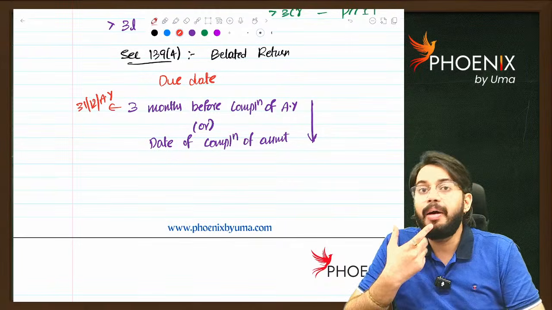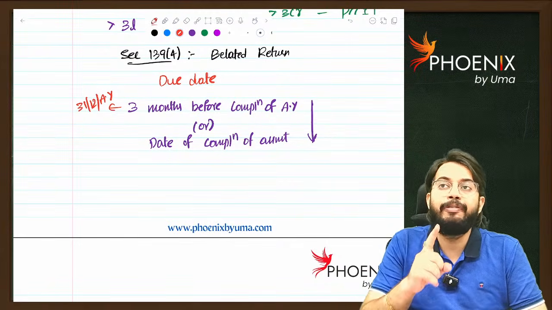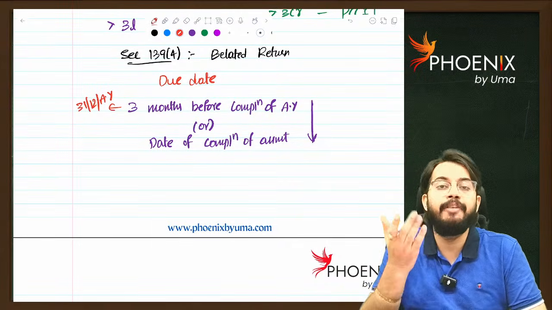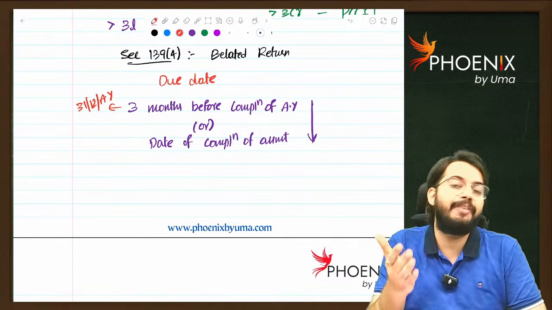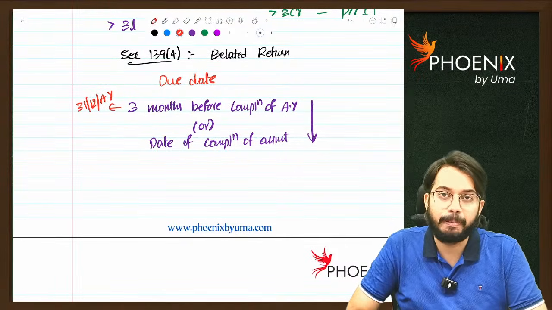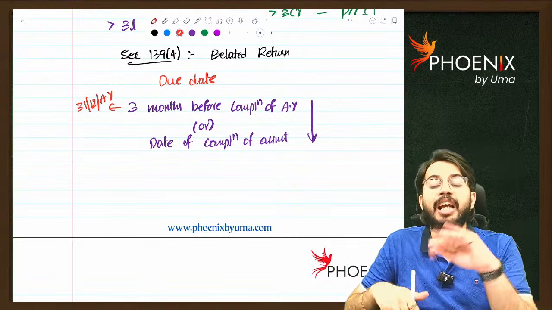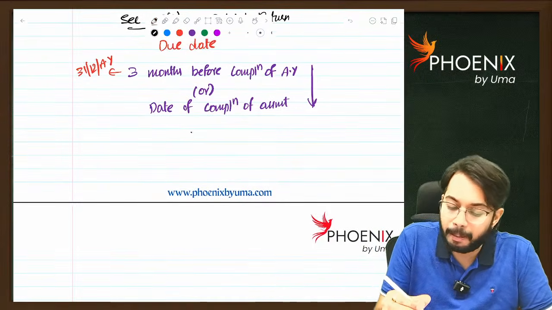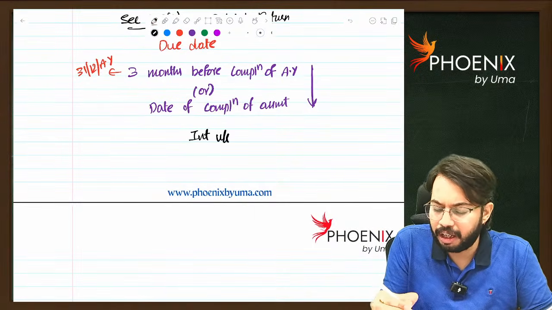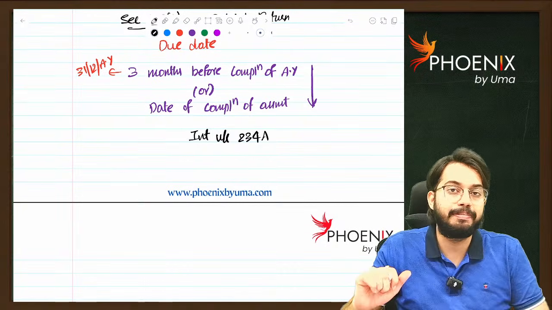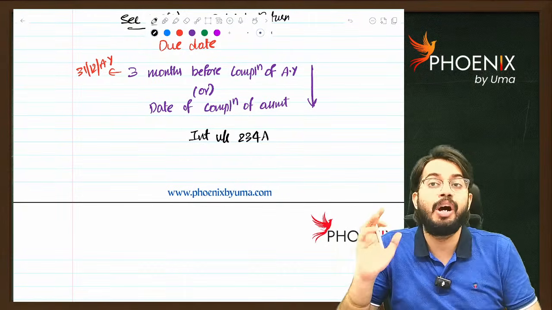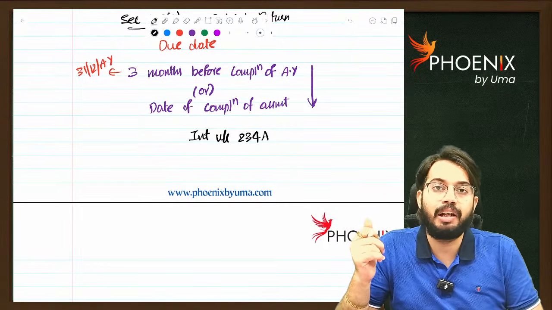Next, late fees we have discussed. If you file ITR after due date, if total income is more than 5 lakh, late fees 5,000. Total income less than 5 lakh, late fees is 1,000 rupees. Now, if you file ITR after the due date, you are required to pay interest under section 234A. That also I will discuss with you. Advanced tax and interest one concept is there. In that I am going to discuss with you how to calculate interest under 234A.